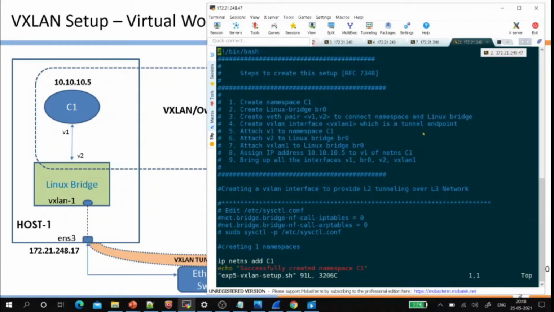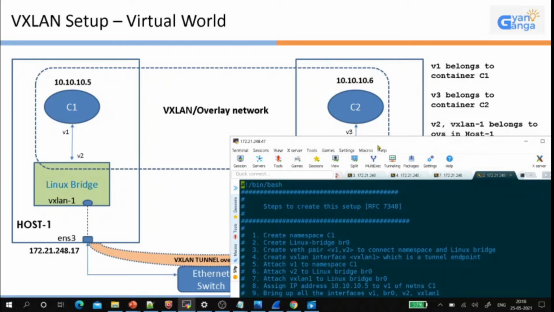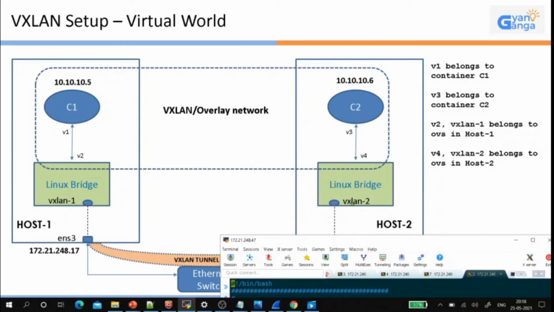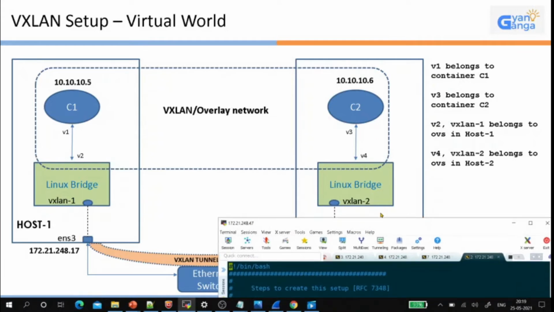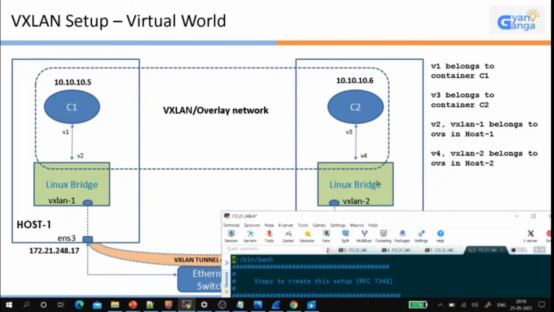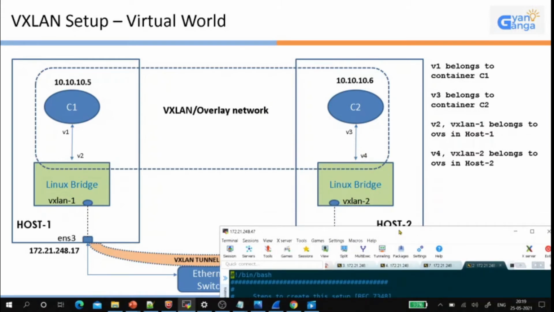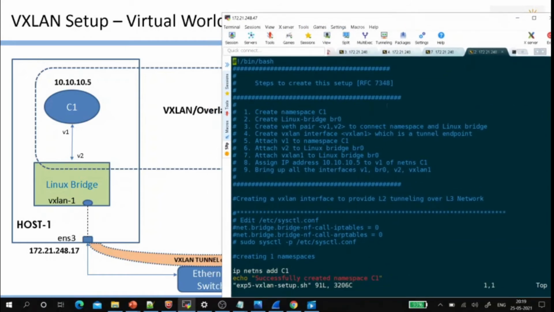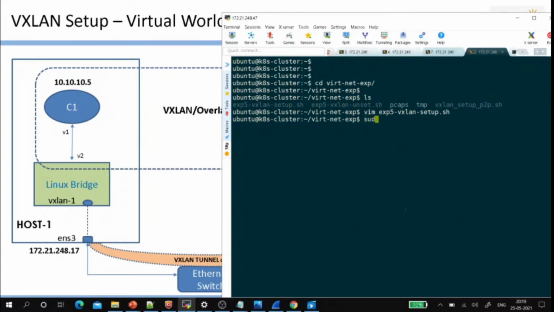And on the other host, host 2, this is exactly the same script. The only thing is the IP address will be 10.10.10.6. The configuration of VXLAN, associating that to the physical interface, everything will be the same. Since we are running the same script here, you might see the interfaces will be named V1 and V2 only, unlike in this diagram where we have differentiated, but it's exactly the same script, only the IP address changes. If you look here, just this part is changed. Now we will also execute this script.